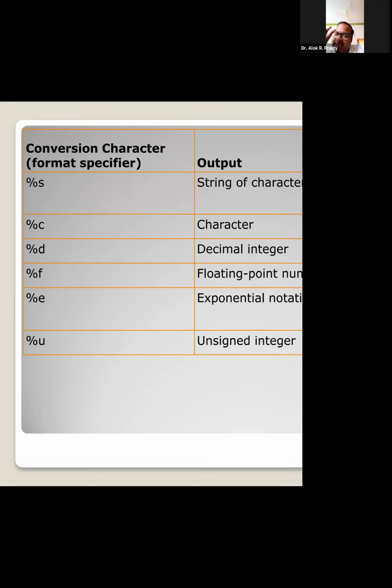Sometimes this format specifier signifies a temporary memory location in your function, whether it is a printf function as discussed earlier, or a scanf function for input. This conversion character or format specifier acts as a temporary storage space to accommodate the value for your variable till it is supplied to the memory. That means,